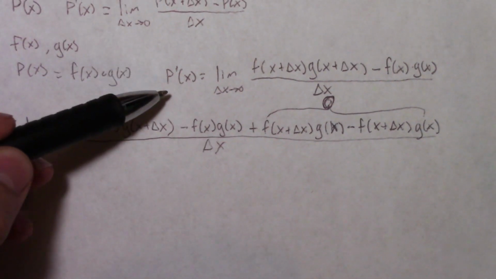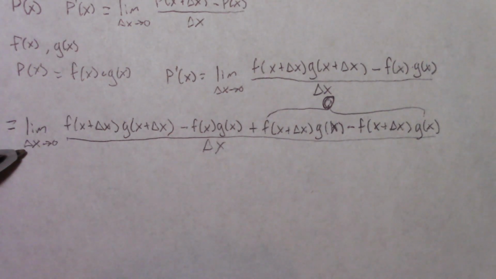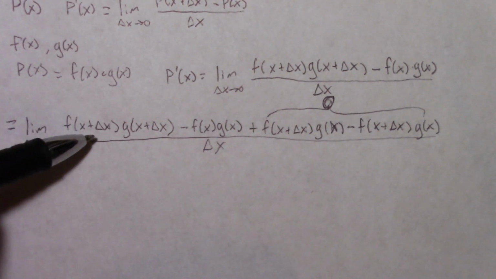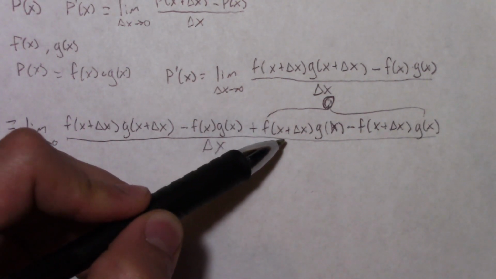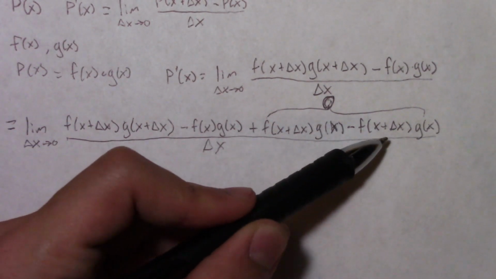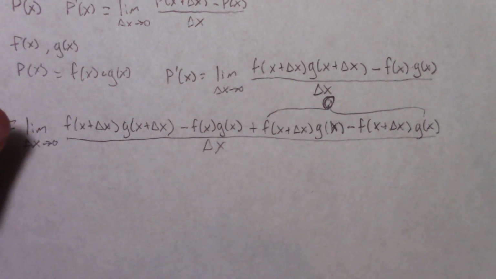So now we have the derivative of p of x equals the limit as delta x approaches 0 of f of x plus delta x times g of x plus delta x minus f of x times g of x plus f of x times delta x times g of x minus f of x times delta x times g of x all over delta x. And this equals